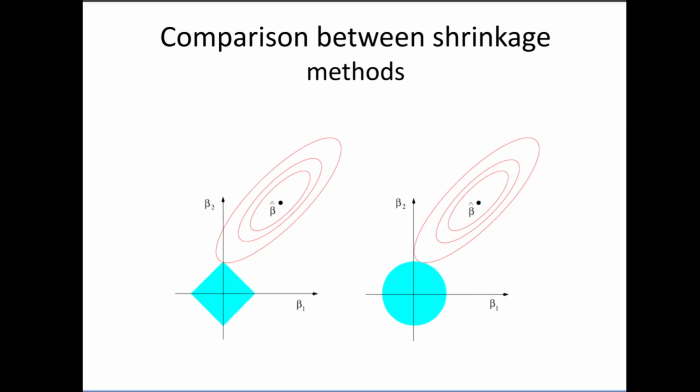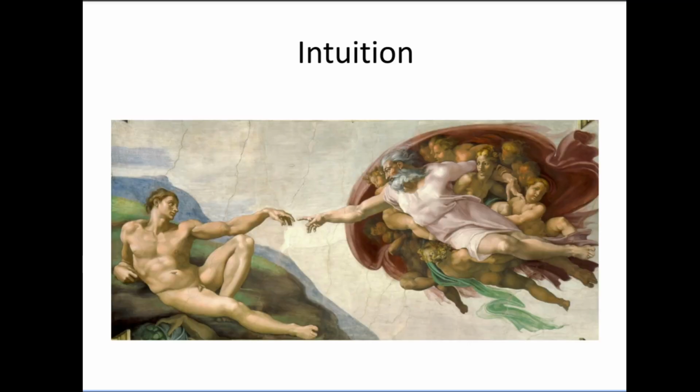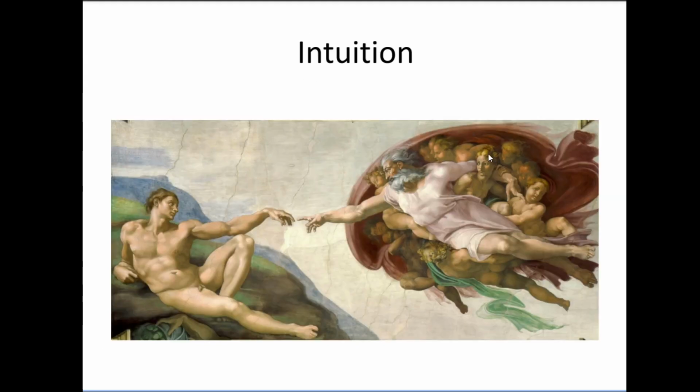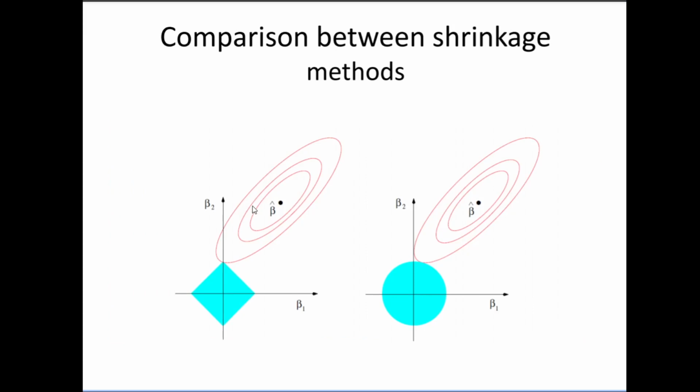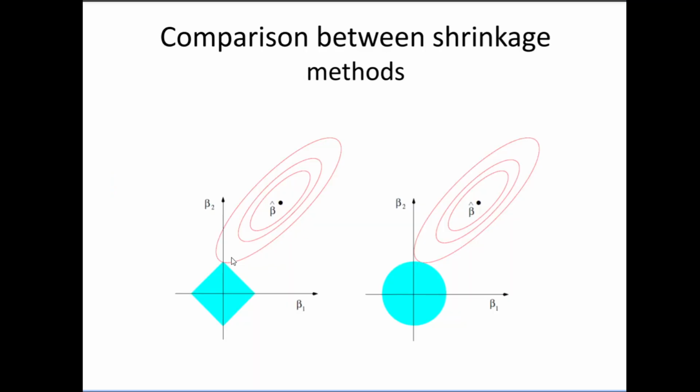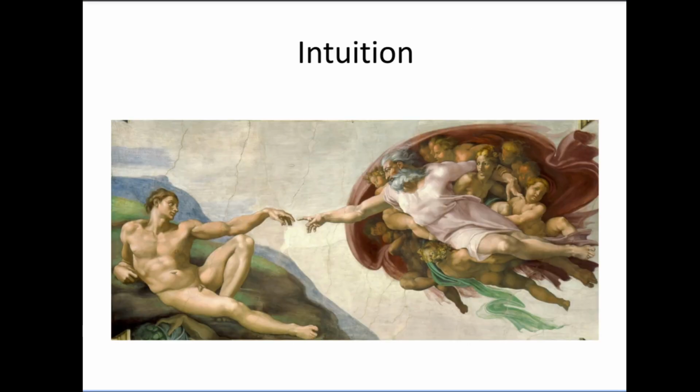Now for the purpose of intuition, if you ever need to remember this, this is the famous painting by Michelangelo, The Creation of Adam, God touching man. So this man right here, and your God, in case that becomes your data, or whatever you're trying to calculate, centered at beta j. So it's a nice intuition for you to remember that the solution exists right here where God touches man.